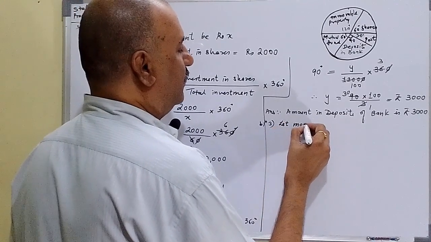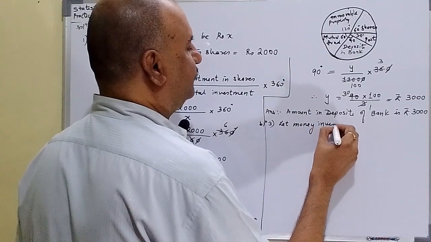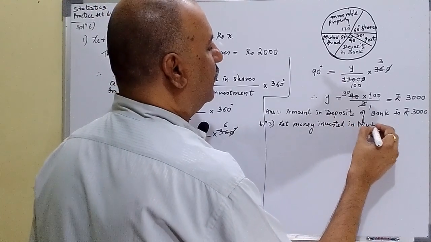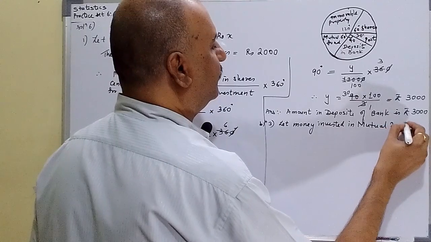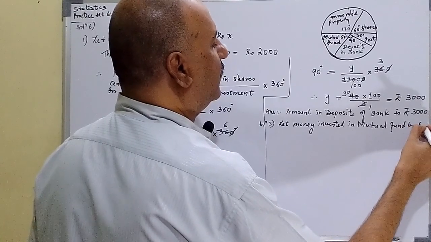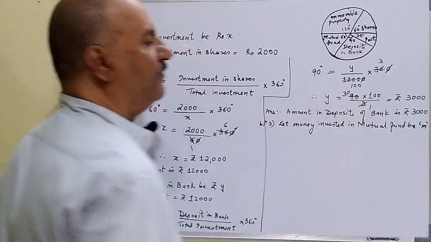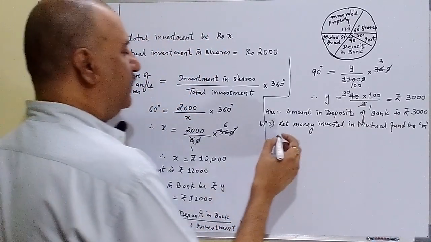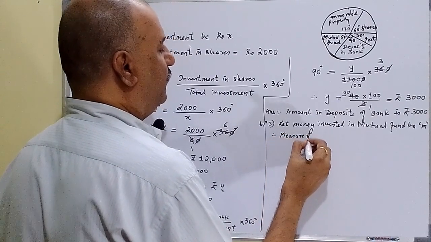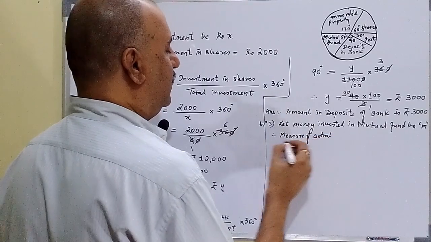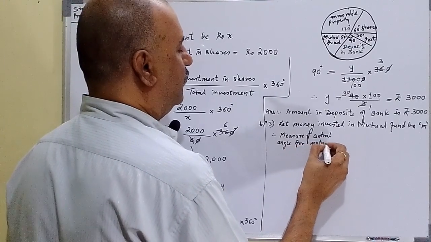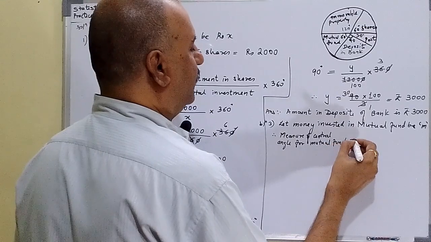Let the money invested in, first go for mutual fund, mutual fund, we take M. Okay, therefore the measure of central angle for mutual fund equal to